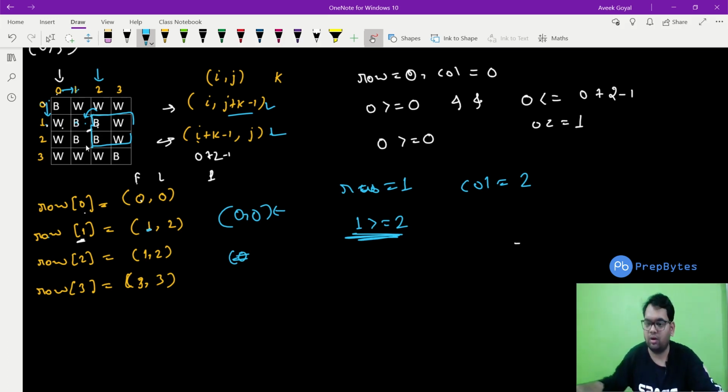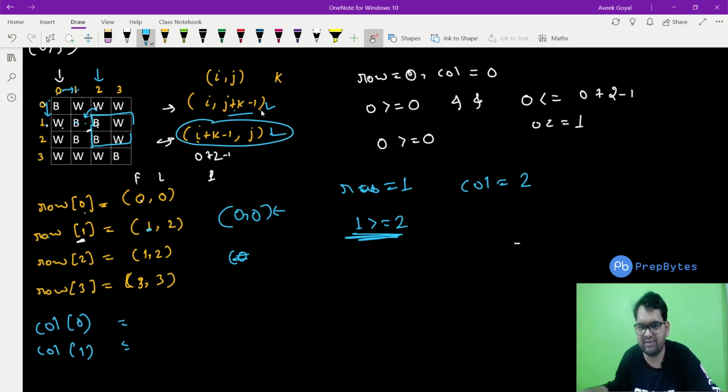Can you do it for columns? Isn't it almost the same? It is the same. For columns also we can store like this. What is the first black appearance? We can store for all 0, 1, 2, 3, 4. What are the first black appearance and the last black appearance? And using this, we used j plus k minus 1, now we will use i plus k minus 1. Using this, we can check whether by clicking 0, 0, how many columns will become white lines.